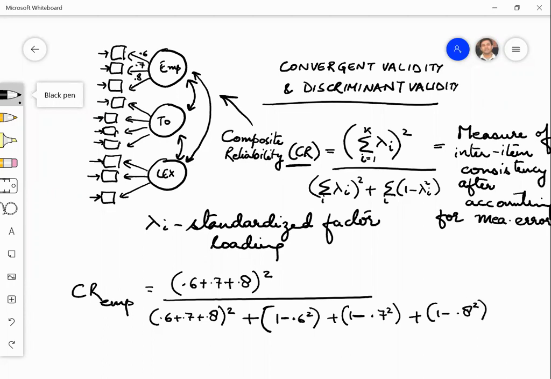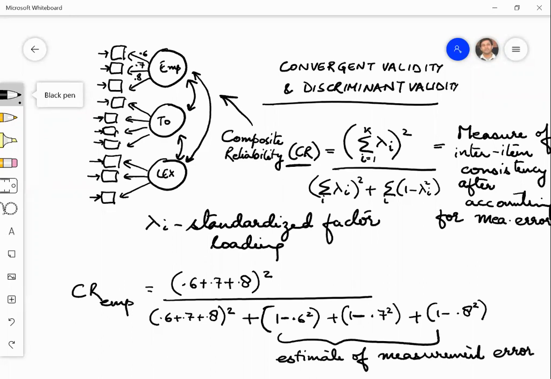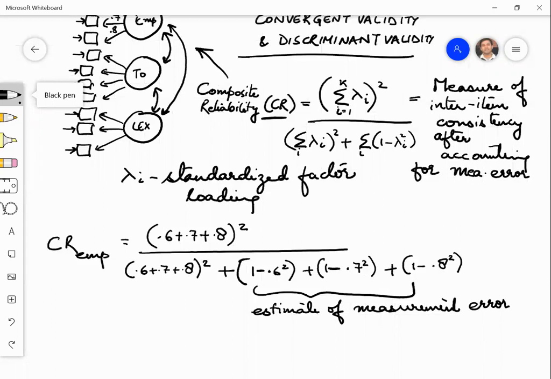So this gives us an estimate of the measurement error associated with each of these items. Lambda is the loading, so 1 minus lambda square is the estimate of the measurement error. And this number, just like Cronbach's alpha, composite reliability should also come out to be greater than 0.7,